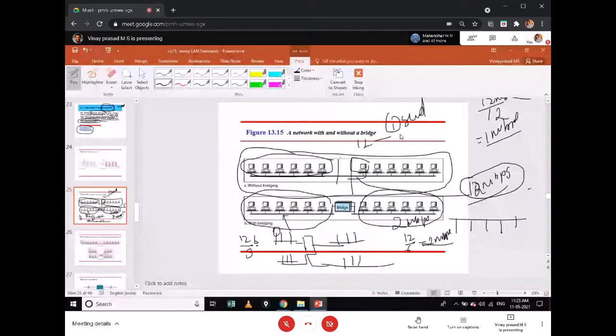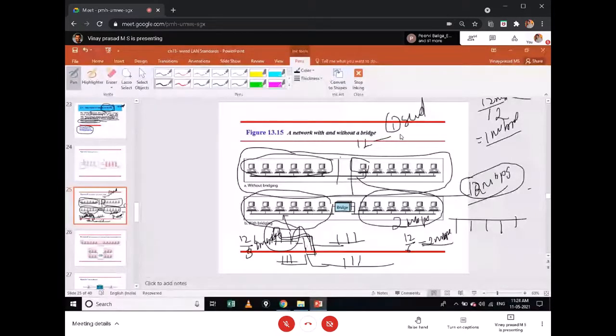So assuming that the data will not be flowing through this bridge, or taking this isolated network segment, finding out what each station may get as the data rate: 4 Mbps. Assuming the data will not flow through the bridge, because the bridge would also be one of the participants of each of these network segments, then it becomes 4. Let us not consider it.